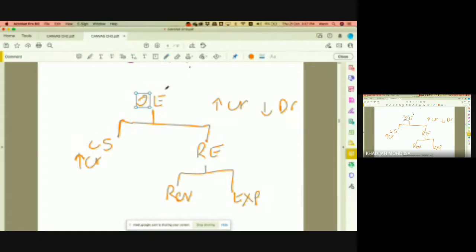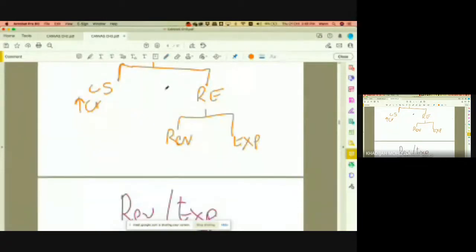But remember that I said your OE is made up of two items: capital stock and retained earnings. That retained earnings is divided into two: revenue and expenditure. So revenue is an income. Whenever you have revenue,